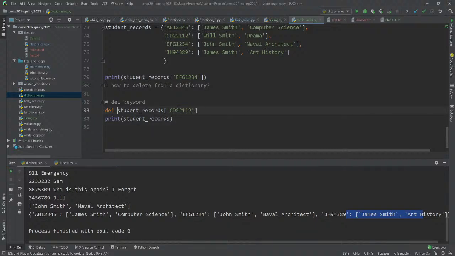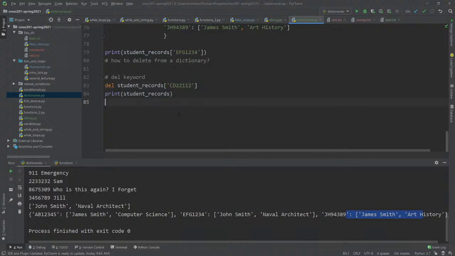It feels a little bit weird because if you delete student records, that will just delete the entire variable. But if you delete the student records at a specific key, then that will just delete the thing in that key. Okay? Is del limited to dictionaries? The answer is del is not limited to dictionaries. Del works on lists,